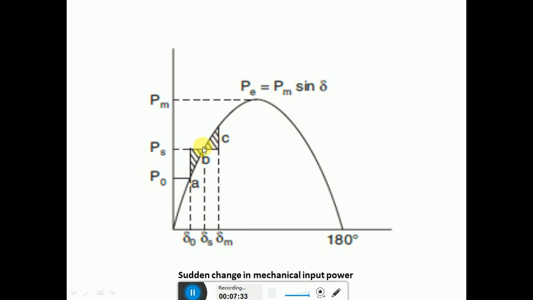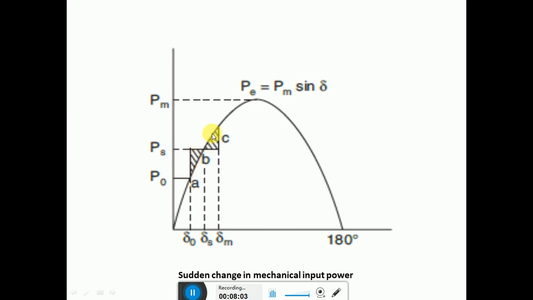Now at this point, what happens? What happens to the speed of the machine? See, here speed was synchronous speed, and after that point acceleration starts, which means speed will increase. So while going from this point to this point, at point B the speed will be above the synchronous speed, because at this point it was running at synchronous speed. Now,